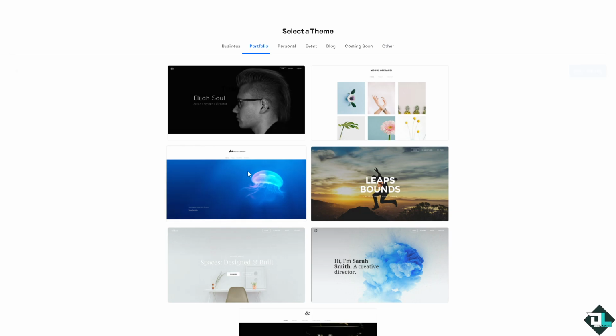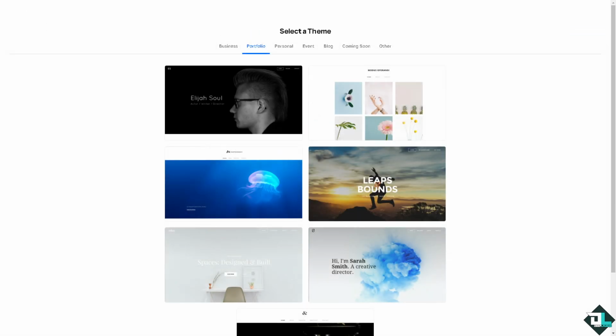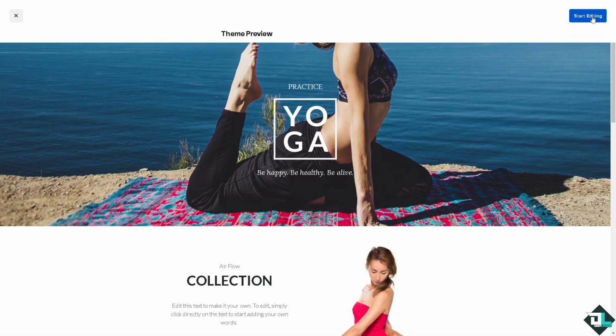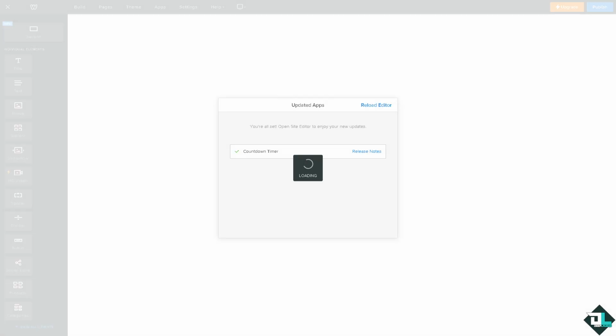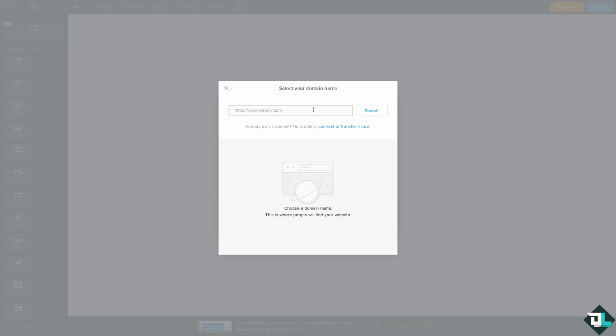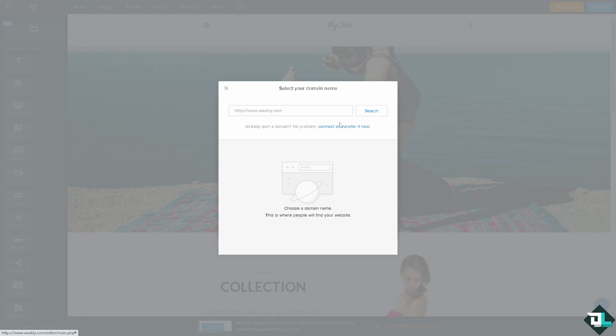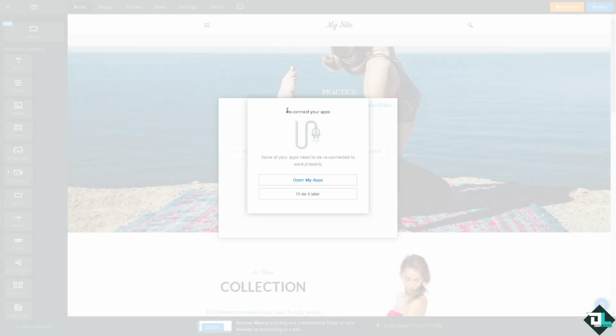So it's not working. How about this one? Let me check. All right, so this one works. Click start editing. You would be forwarded to the main dashboard of Weebly. It takes a little while, so just wait for it. And then this is the drag and drop editor. You can select your domain if you want, or if you already own a domain, just connect or transfer it. We have a separate video on how to do it, and we're not going to deal with that now, but I'm going to